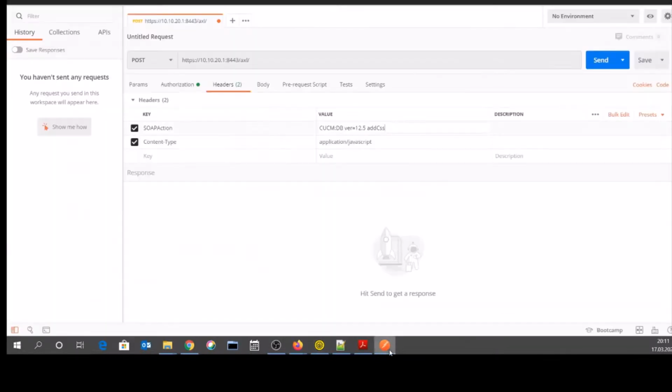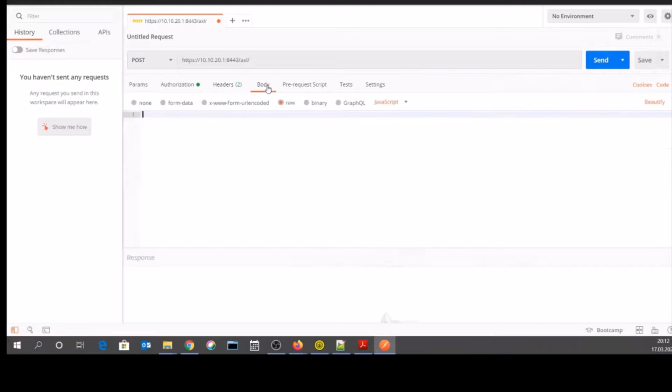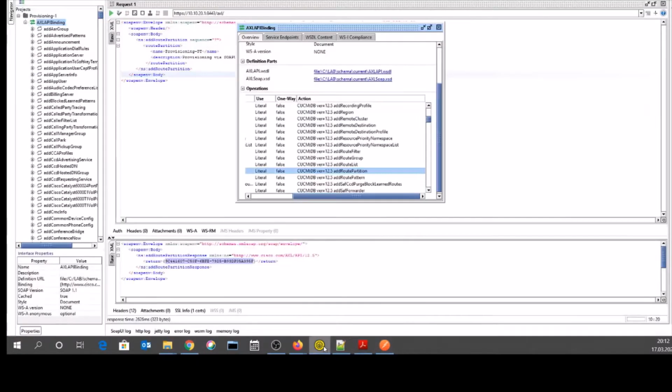So you will use the same thing, add route partition. So like this, and then inside the body just copy the contents that have the request that is